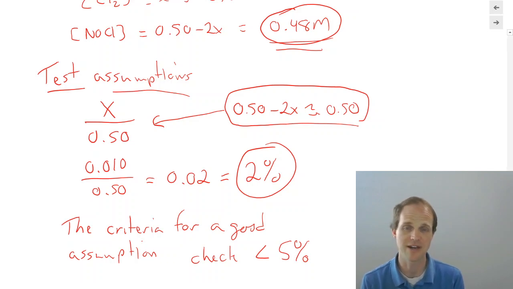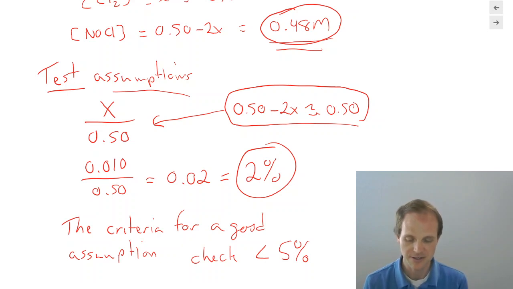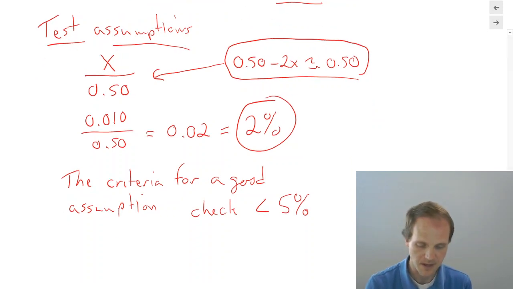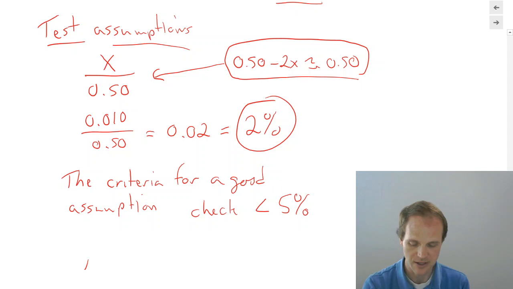And that's what we're going for. We're trying to get a good enough answer. No, let's get the exact answer. Sometimes good enough is all you get. Like I said, we're not really doing it to show how to solve this kind of problem as much as learn how to solve more complicated problems. So because R is less than 5%, our assumption is good.